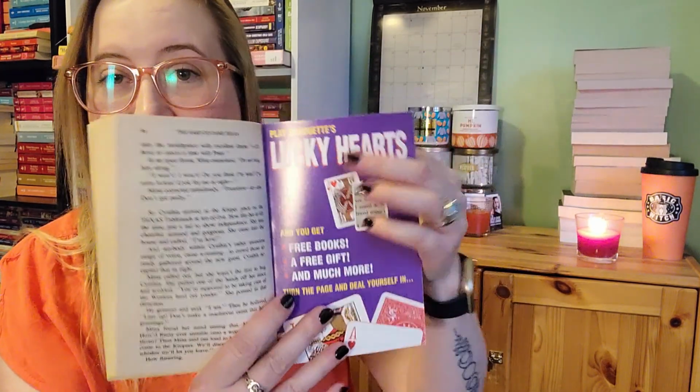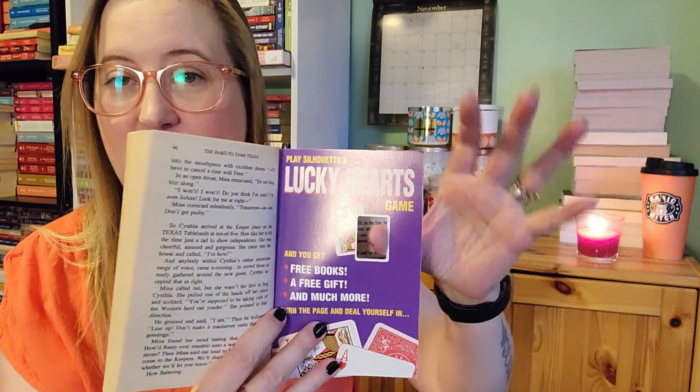And this is an old one that had one of those inserts that somebody obviously sent away for because there's a hole there. Unless it just popped out at some point. So this is